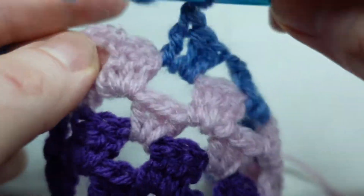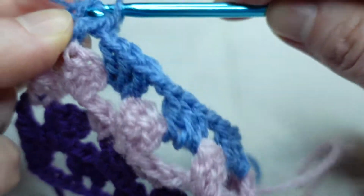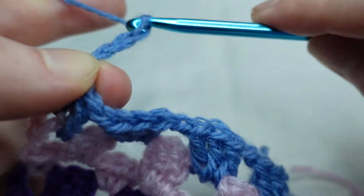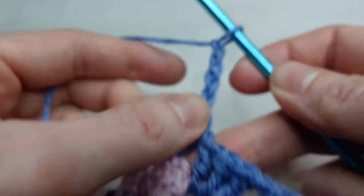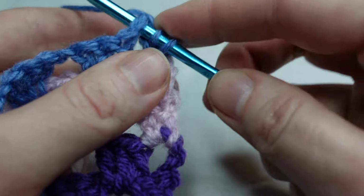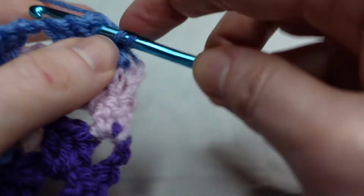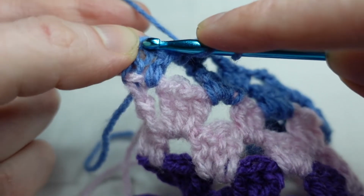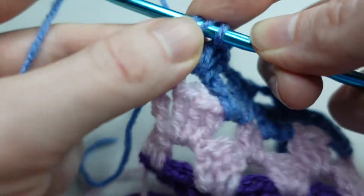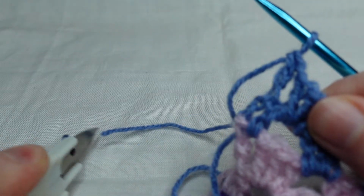When we reach the end of the row, we place 2 double crochets into that final chain space, and we chain 4, counting as a double crochet plus a chain 1. We continue across the row into each of the chain spaces, making 3 double crochets plus a chain 1. And at the end of the row, we put our final double crochet into the top of the chain 3 from the previous row. Here you can cut your yarn and cast off, or you can keep adding more colours